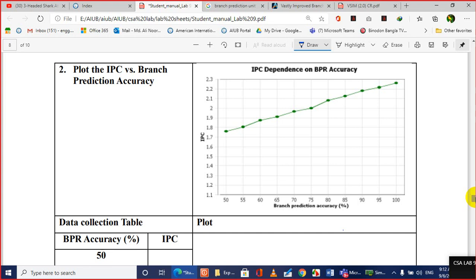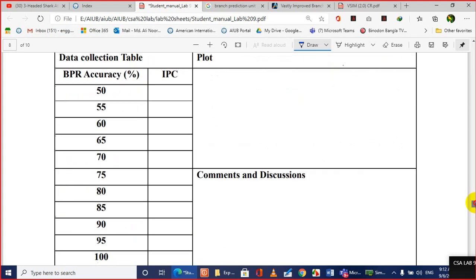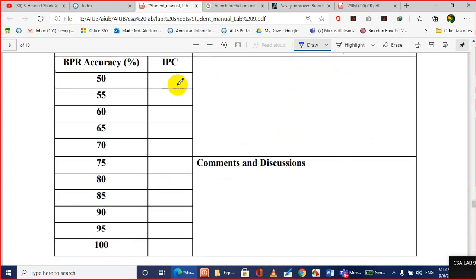But for your case, you will do it from simulation, and your simulation may have different values depending on your system. So you need to find what the value is in your system, and you need to point it out. And if you see any abnormality, that means as you increase the accuracy, it is not increasing the performance, you need to note it. You need to consider those situations when you design.